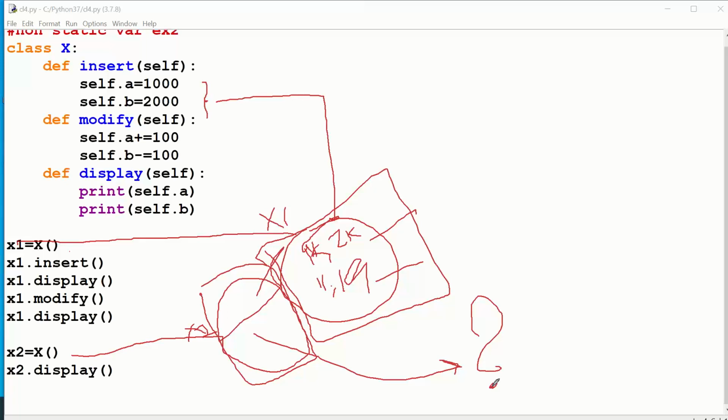Am I right or wrong? Did you understand the concept? We are now working with the second object. Why are you still holding on to the first object only? Come out of that mindset. Right now you have to work with the second object. In the second object nothing is there. You call the display method straight away, so this will give an error. This is what you have to tell.